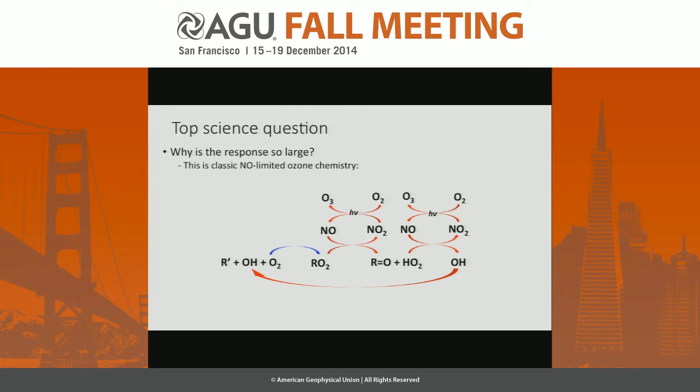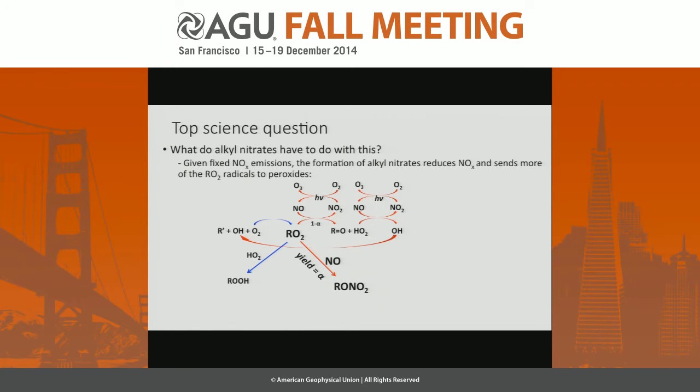So why does this depend so much on the NO concentration? The reason is that there's a competition for the oxidation of the peroxy radicals. They can react either with NO or they can react with other peroxy radicals, in particular HO2, to form peroxides. And so now the question is, what's the branching ratio? In other words, how much of the peroxy radicals react with NO versus HO2? In general, in the tropics, there's very low NO concentrations, and as a result, we tend to mostly go to peroxides. So then as we add NO to the atmosphere, we can very sensitively drive this chemistry towards oxidant formation.